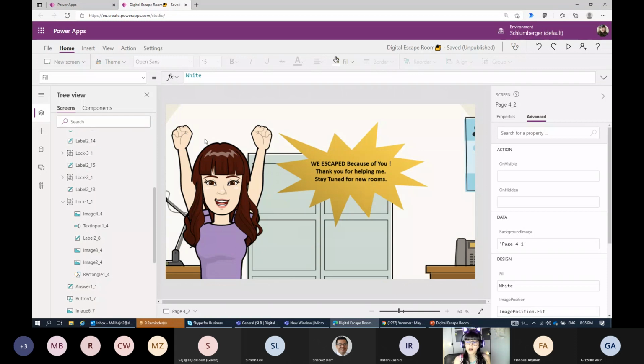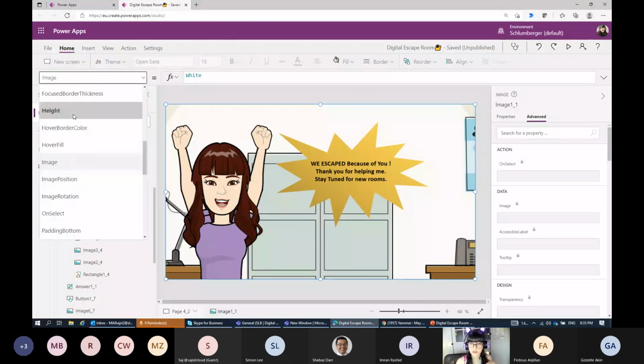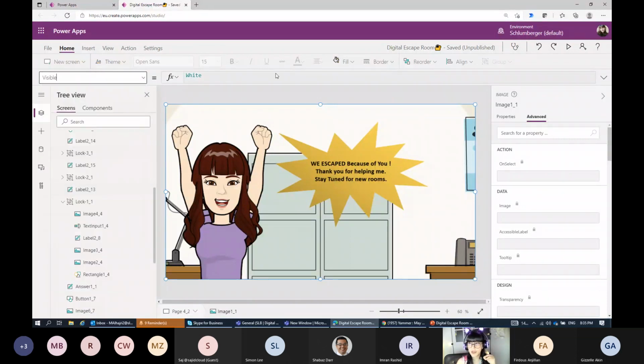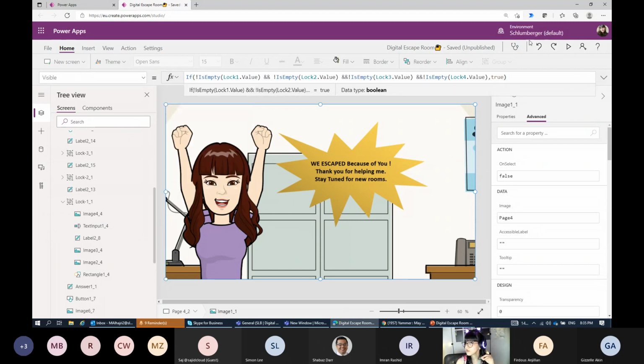Okay, so how are we able to see this one? For example, here I have 4 blocks, right? What I'm adding here, or how I made this one, I'm also using a visible property that we have here. And what I'm checking here, let me show it to you, just a minute. Okay, here we go. Let me zoom it out so we'll be able to see the code.